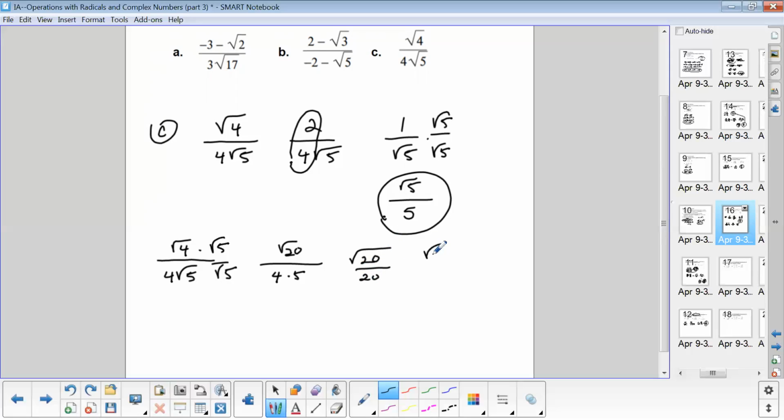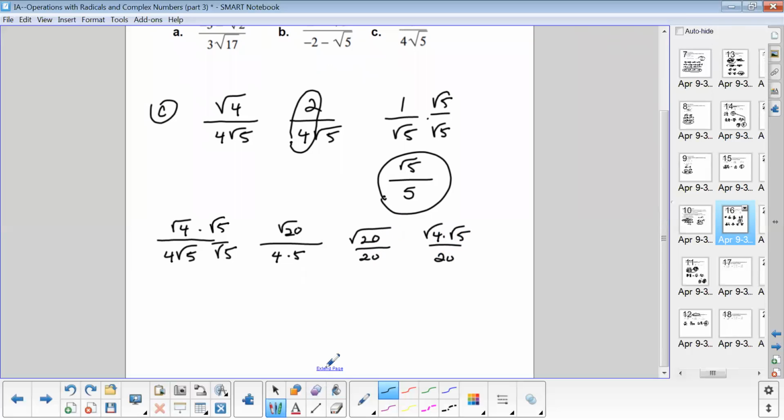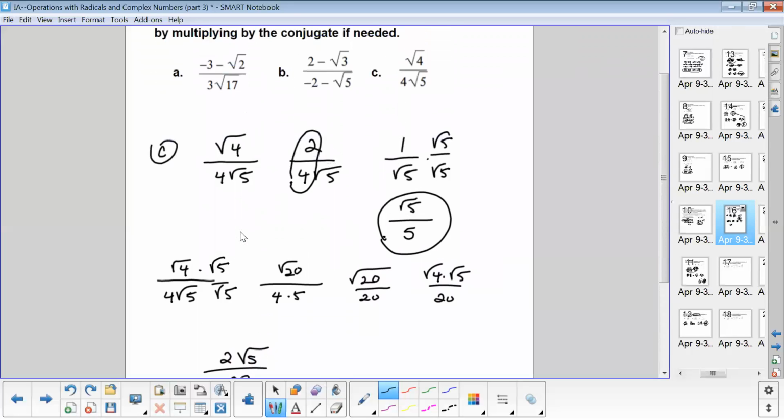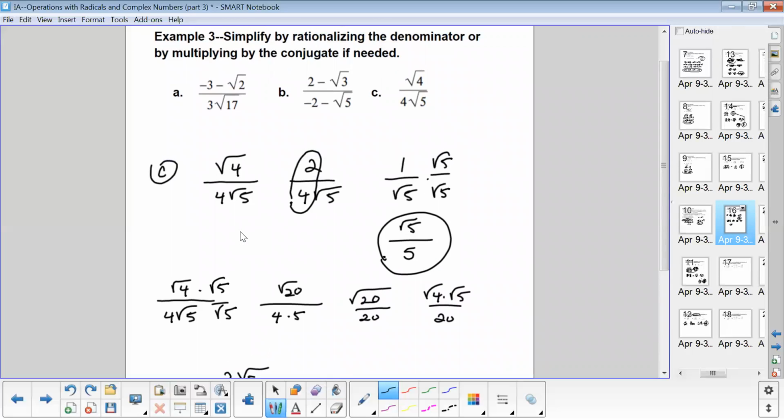And the square root of 20 would be the square root of 4 times the square root of 5, divided by 20. And then we know that the square root of 4 is 2. So 2 square roots of 5 divided by 20. And so just making sure, looking at this top one, the square root of 4 divided by 4 square roots of